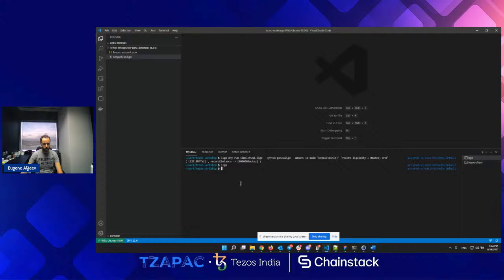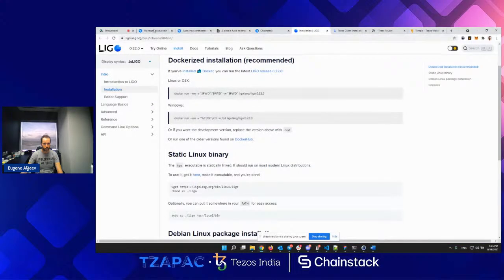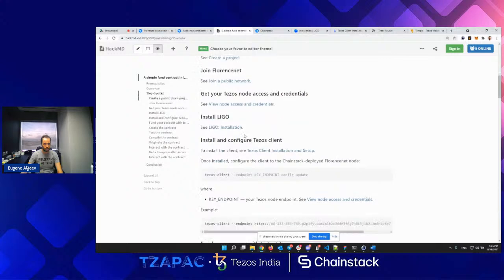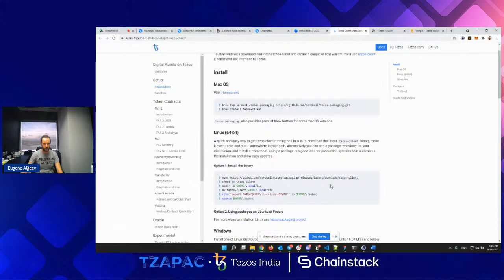And I also installed Tezos client, which we'll see later. Also pretty straightforward steps how to install it: just download the binary and install it to your bin directory. Quite straightforward. I've done it in a couple of minutes because I have prior experience in Linux and command line.